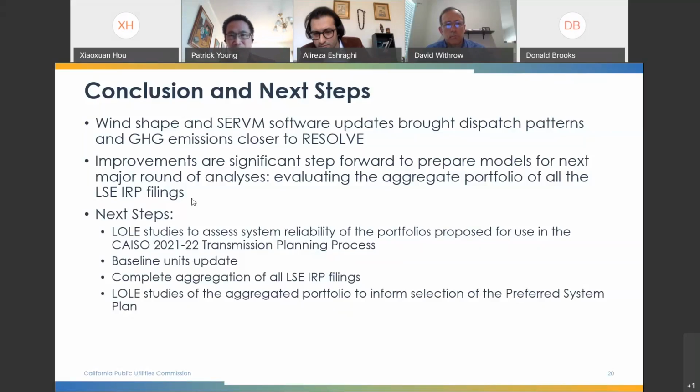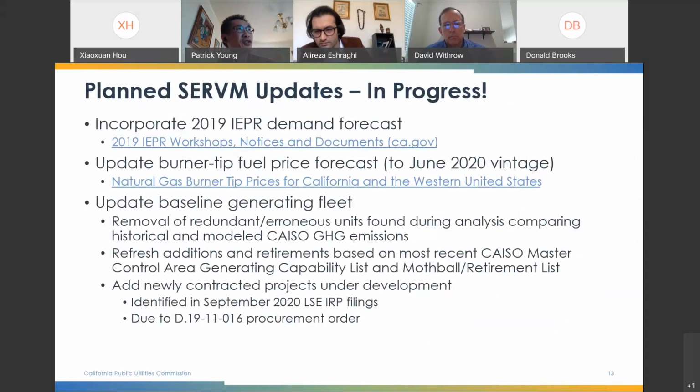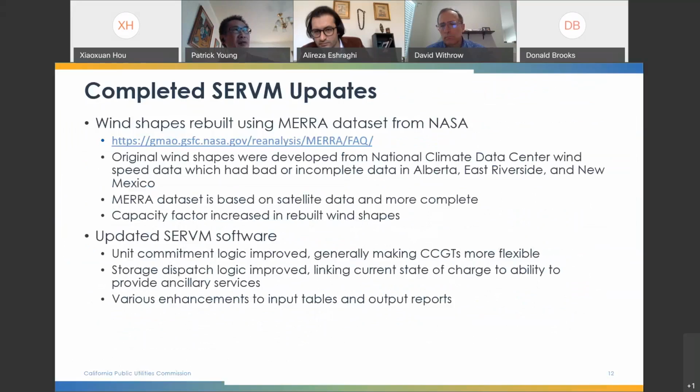Yeah, the storage dispatch previously provided ancillary services generally at its maximum discharge capacity when we know that storage can't really do that. So the improvement was that we tracked the hourly state of charge for storage and limited its provision of ancillary services to that. So that constrained the ability of storage to provide ancillary services, and that subsequently led to a little bit of an increase in the LOLE metric. Great, thank you.